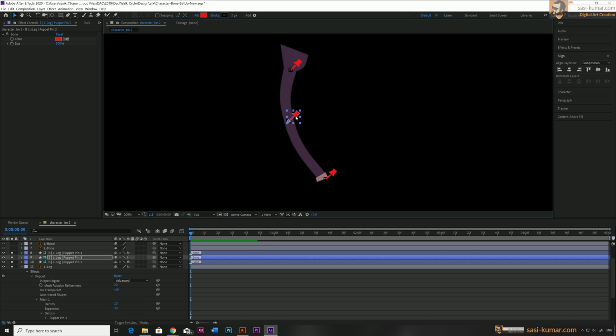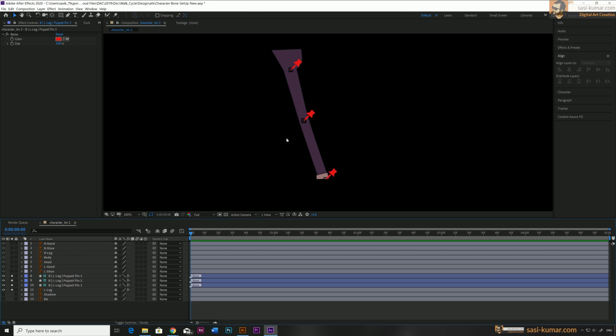Don't worry too much about the smoothness and stuff for now. First we create the puppets, later we can adjust these settings with the puppet settings. Alright, let's close this one, and also you will see there are 3 new bone layers that have been added into the timeline as well. These are the 3 bones which Duke plugin has created. Later we will link these puppet bones to the skeleton.